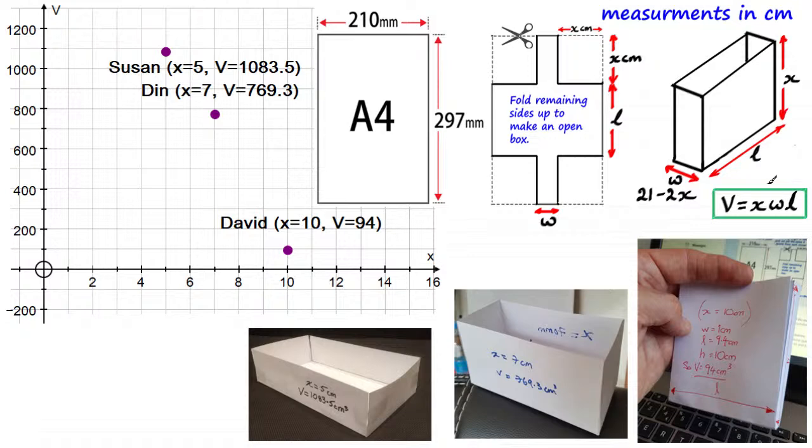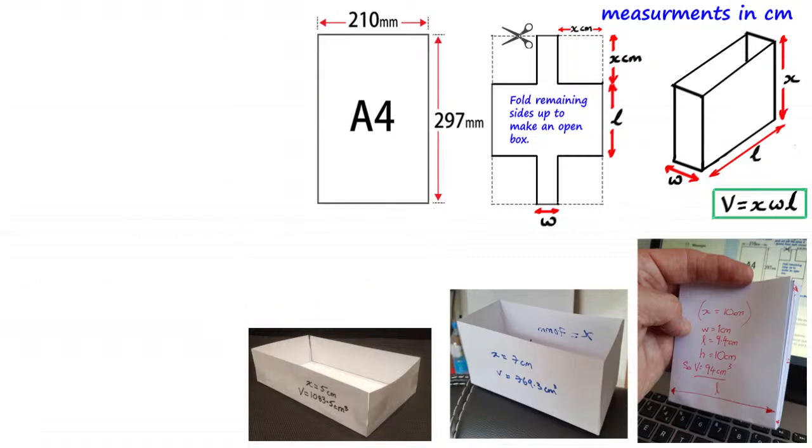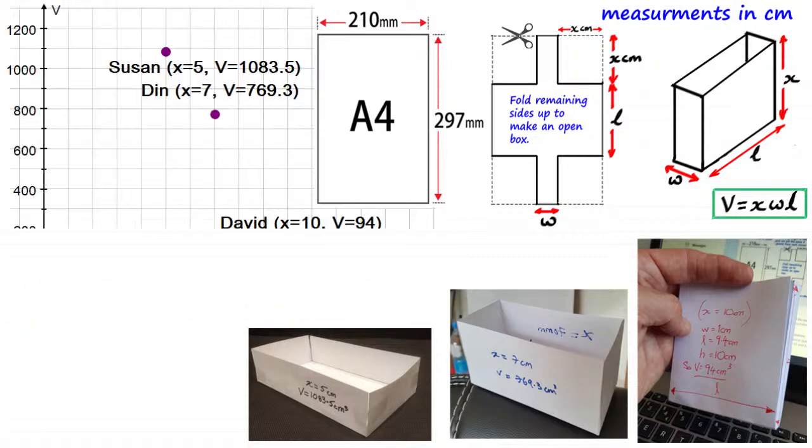Isabel, 29.7 minus 2x. Well done, coming in first there. Din as well, a lot of you coming in there. Yes, very straightforward. The length here is going to be clearly the 297 millimeters, which is 29.7 centimeters, take away those 2 sections there, the 2x. So 29.7 minus 2x.